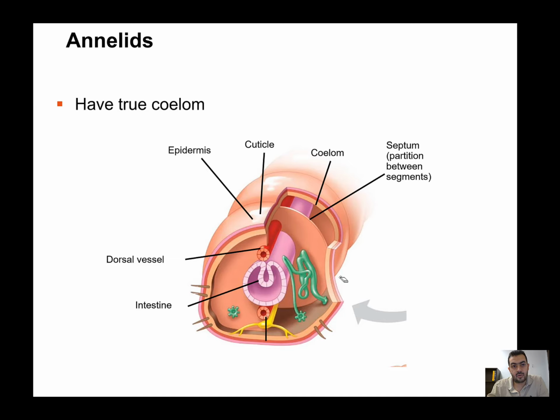In this slide, we are showing the importance of having a true coelom. So Annelids are coelomates, they have a true coelom, and this coelom is shown here. So it is the cavity. This cavity is the coelom, and the importance of that, as you can see, is that the Annelids have an intestine, they have a circulatory system represented here by this dorsal vessel. They also have the protonephridia, they have primitive nervous tissues, and all of these